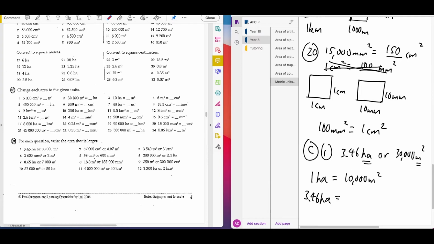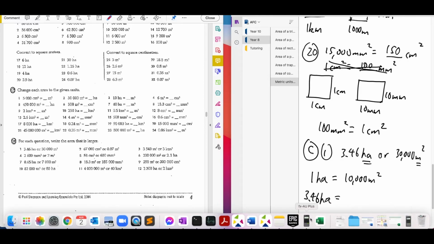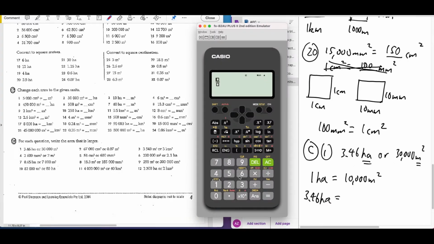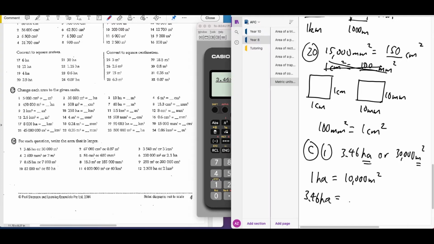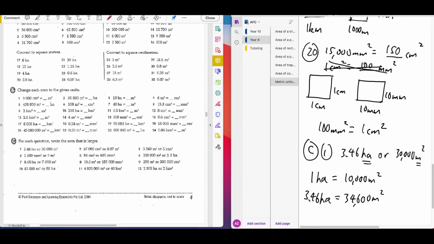So you can use the cross multiplication method. So just do 3.46 multiplied by 10,000 divided by 1. Right? So you get 34,600 square meters. So if you still don't remember the cross method, just multiply these two numbers and then you divide it by the 1. Now the question asks you, so we know that 3.46 hectare is equal to